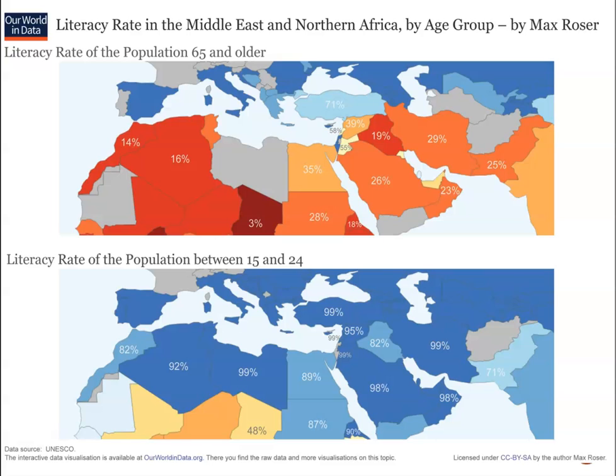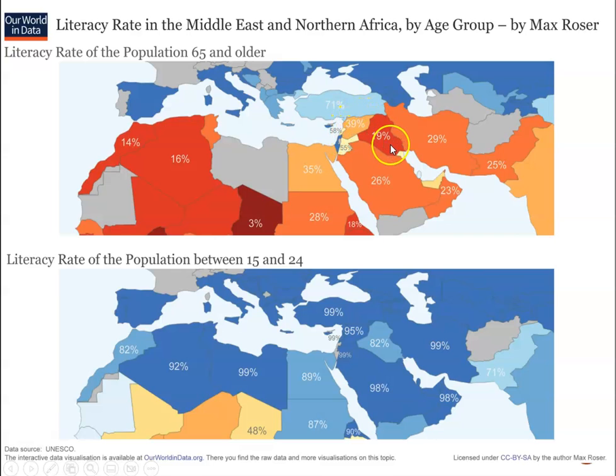This is a fairly recent chart here, probably within the last 3 to 4 years. But notice, literacy rate of those 65 and older, quite low in many of these areas. 16%, 3%, 35, 28. A lot of them between 20 and 30%, except for Jordan, 55%, and we see Israel looks like 58%,